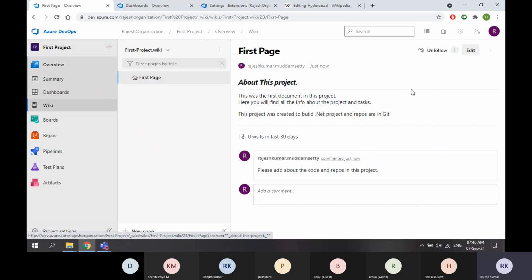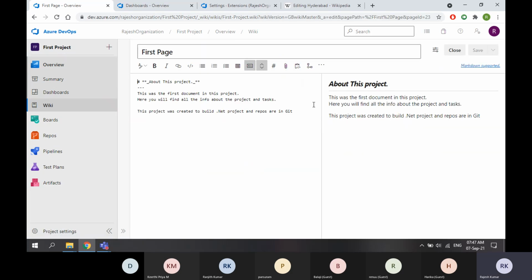Apart from this, there are some more features in Wiki. Now, you see here, the moment I select some context, it is showing us a new work item option. For that, I will edit this document.